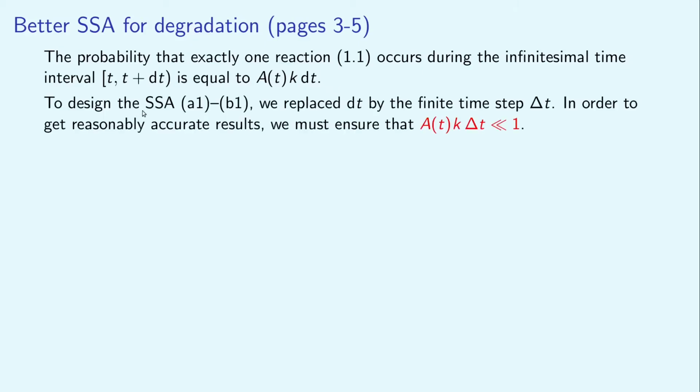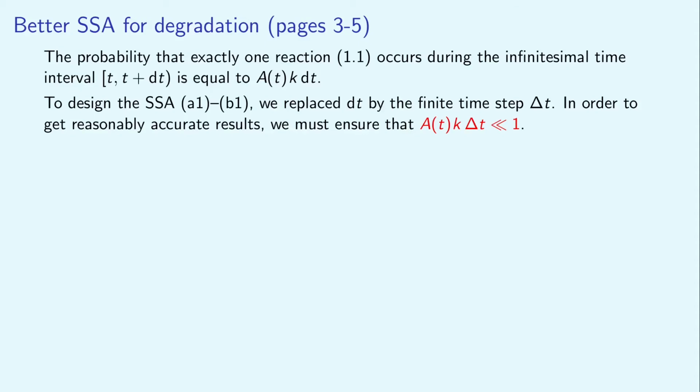To design the SSA A1B1, we replace dt by the finite time step delta t. In particular, we must ensure that A(t) times k times delta t is significantly less than 1 to get reasonably accurate results, because we have to make sure that the probability that two reactions happen during one time step is